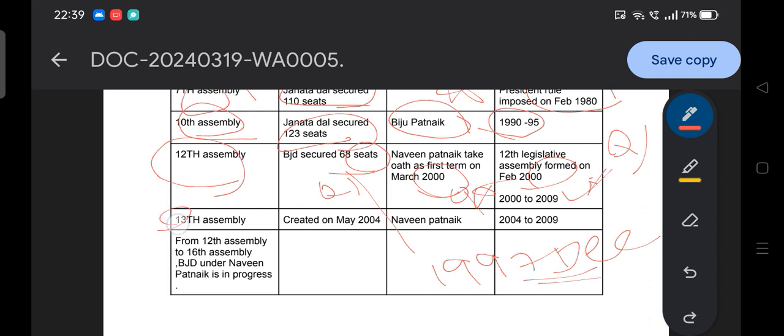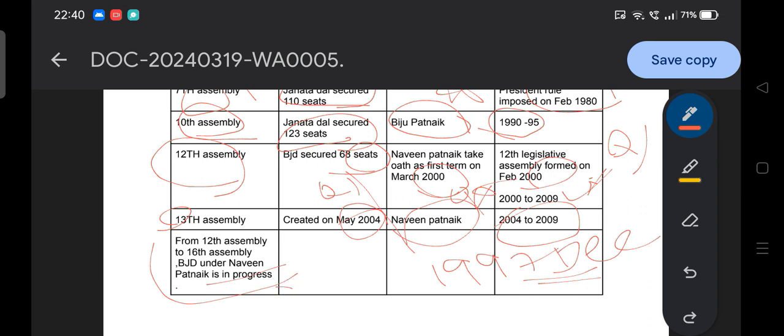Legislative Assembly, which was created in May 2004. This question has already been asked, and I already showed you multiple times. At that time Naveen Patnaik was also CM, and it ran from 2004 to 2009. That is how the second last. Then here you can see the figure that from the 12th Assembly to the 16th Legislative Assembly, BJD under Naveen